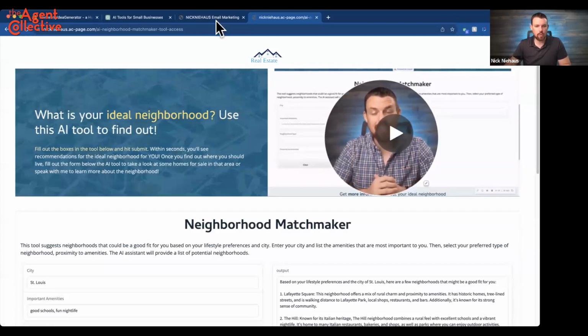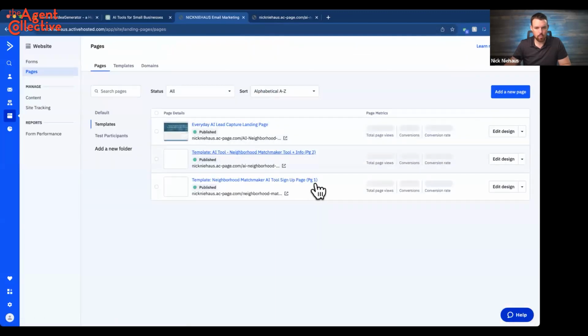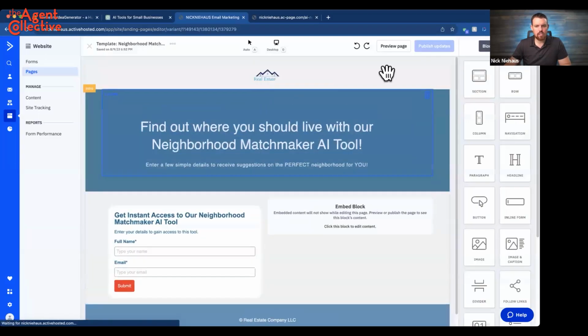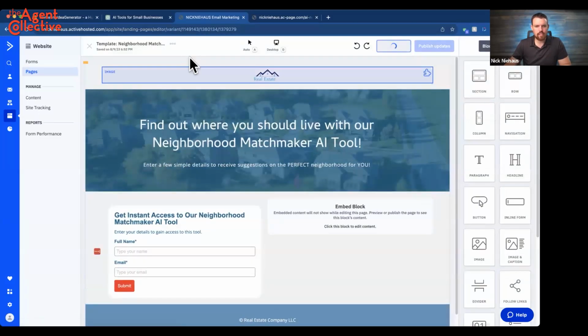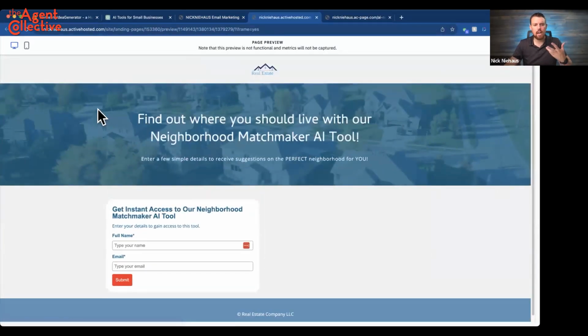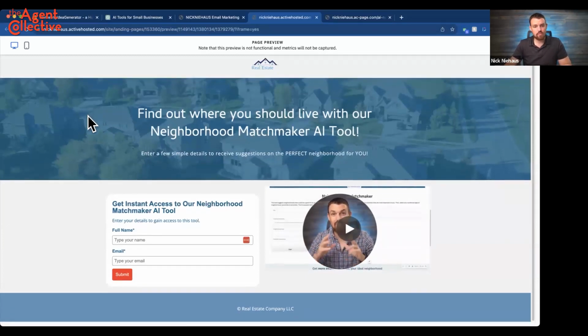Okay, so let me show you one other page here. I'll just pull up real quick. And I apologize, I probably should have had this one open beforehand. But just to show you what I mean here. So this second page that I'm showing you now, this is what we built to get people to sign up to use the tool, right? So there's lots of different ways to do this. You could run a Facebook lead gen ad with a lead form in it, and then they get a link to that page. But this is the first page, right?